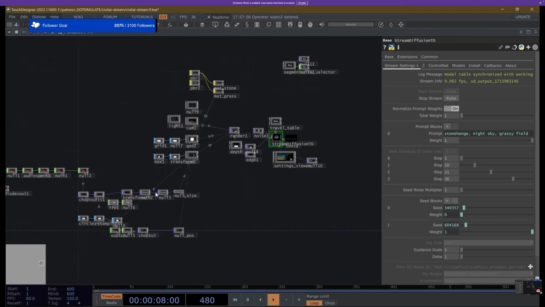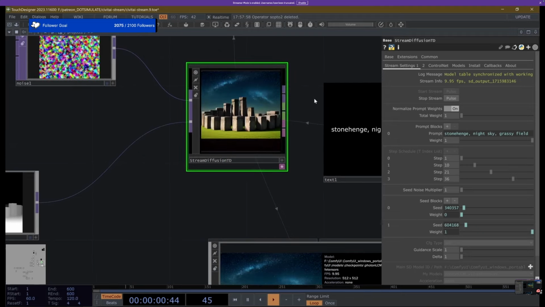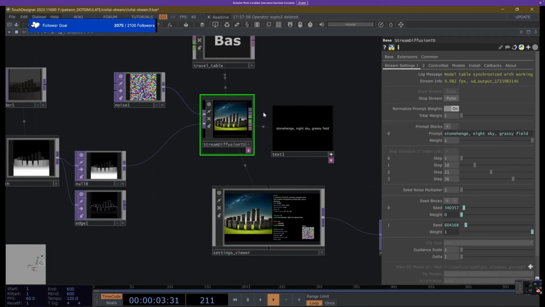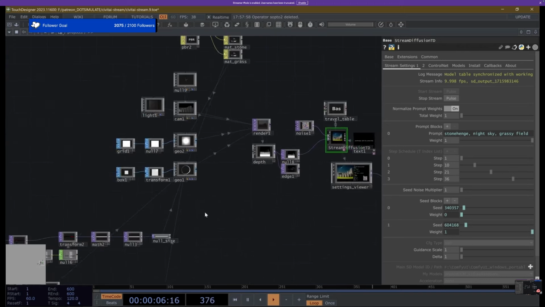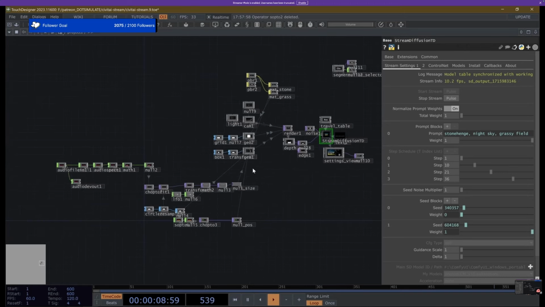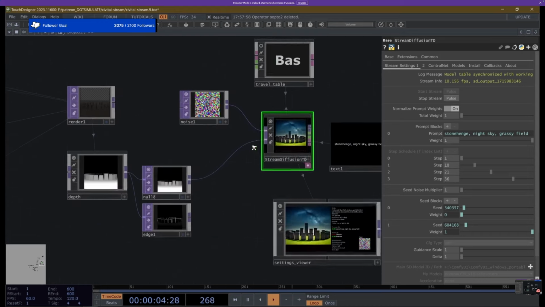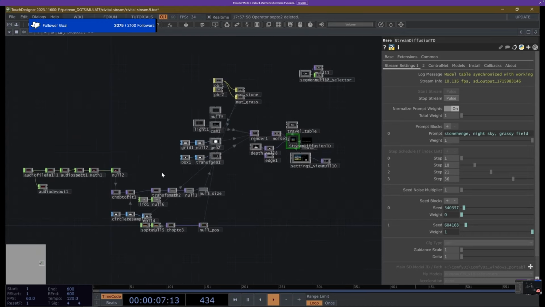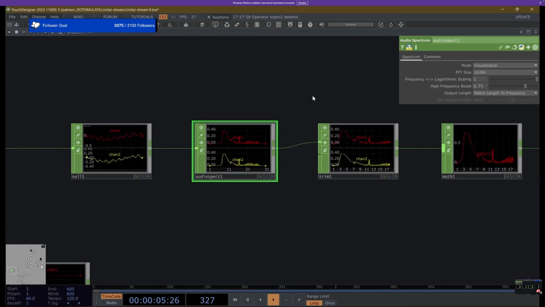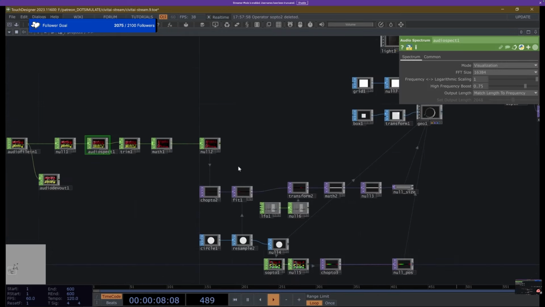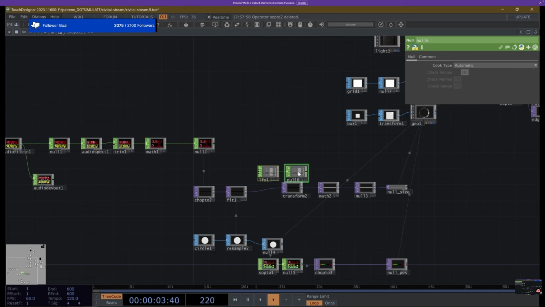I've got a network here that's doing a little audio reactive Stonehenge setup. And it's just something I threw together to show off Touch Designer in general on the stream. I'm going to attempt to rebuild this whole thing live, starting in a minute or two. And I'm not going to explain what every single node does along the way, but I am going to try to touch on those things to also give you a general sense of what Touch Designer is good at and how it